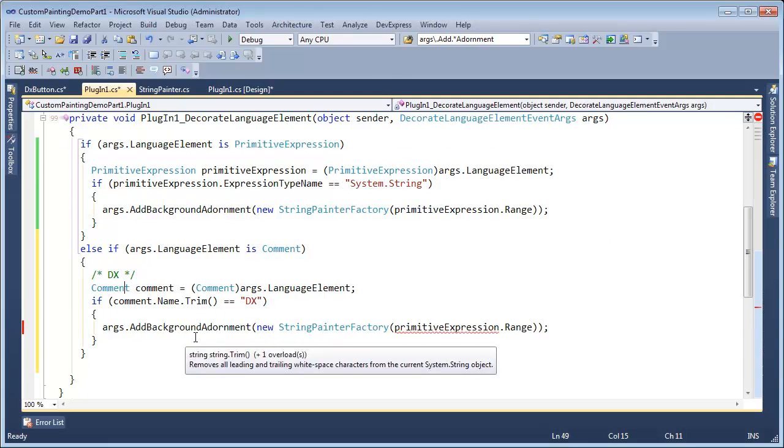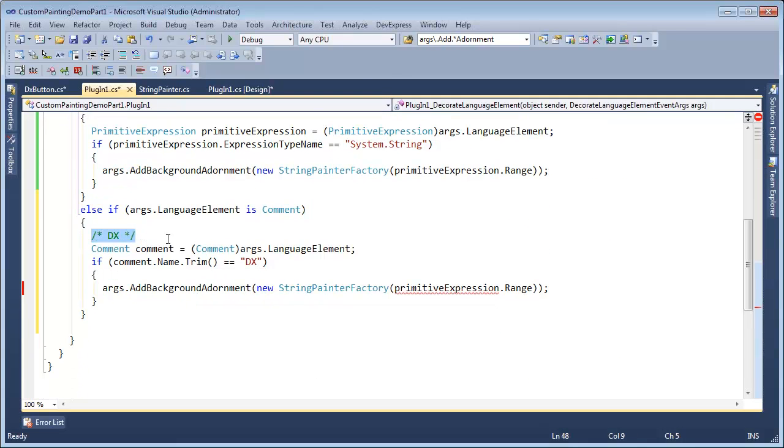So we can do it this way too. This is another nice way to develop, where you write the sample code you want, you explore it, and then you figure out what the code needs to be. So comment.name.trim is equal to DX. Then in this case, we're going to add a foreground adornment, so it'll be on top of the text, like that. And we're going to pass in a new